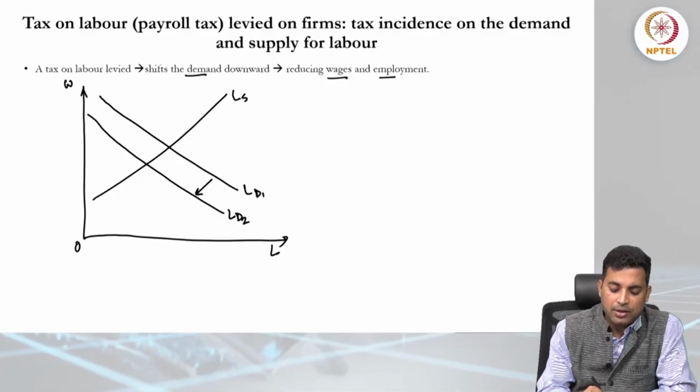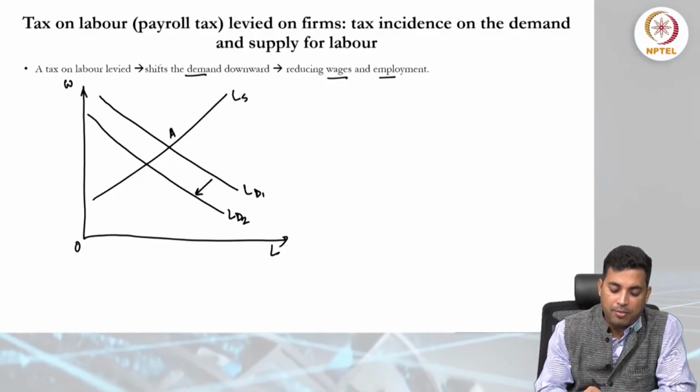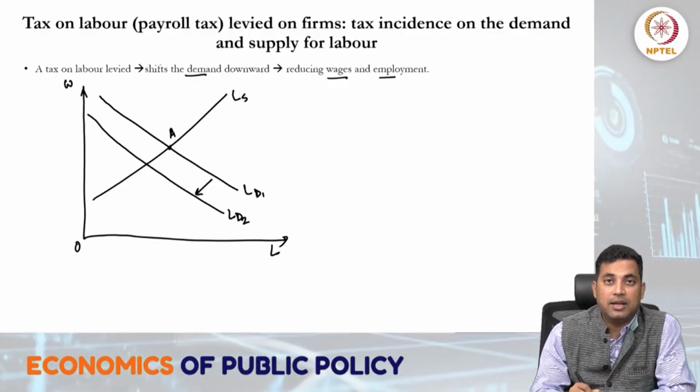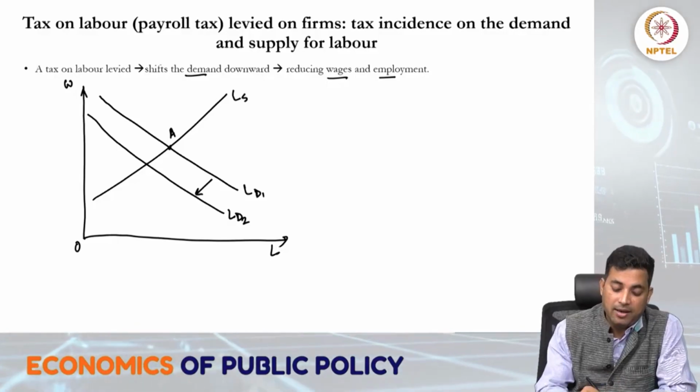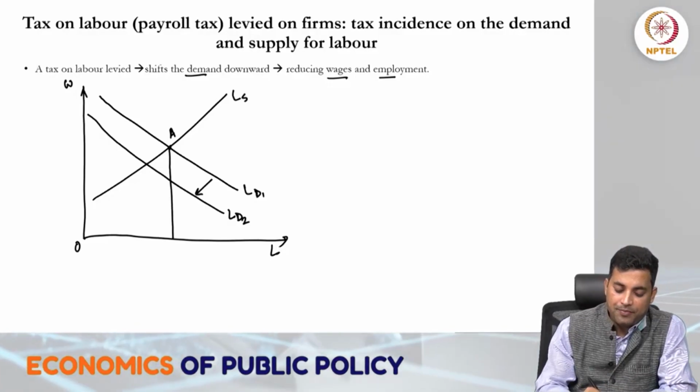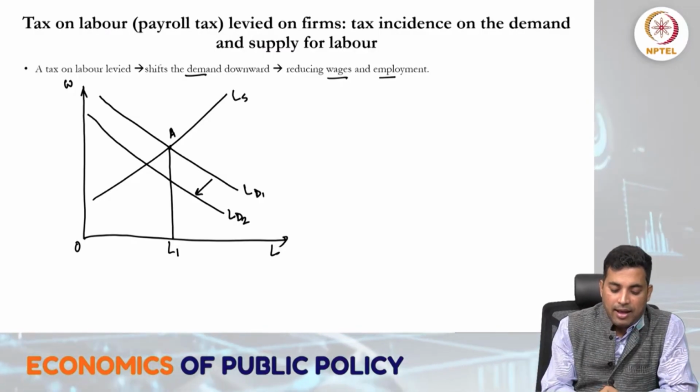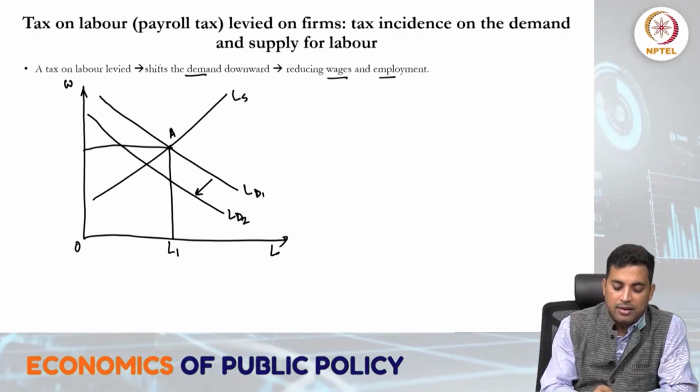So earlier we got the first equilibrium point, where LD1 intersects the labor supply curve at point A, and at point A total labor supply is OL1,